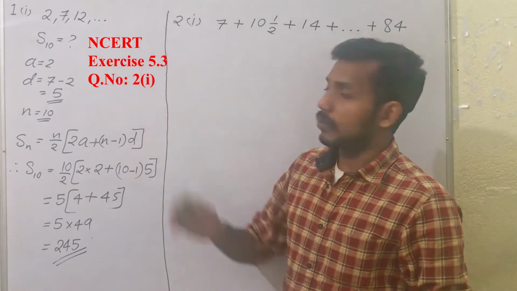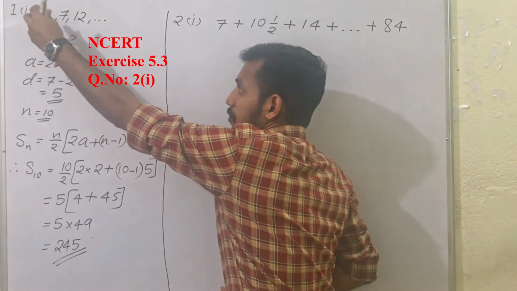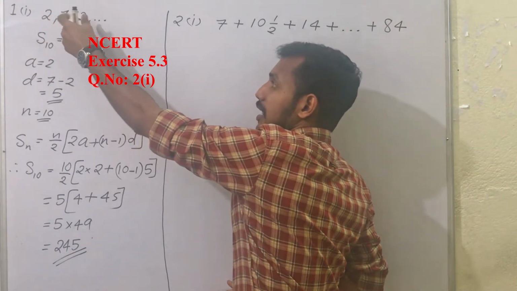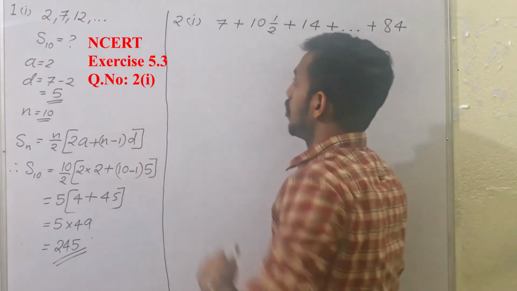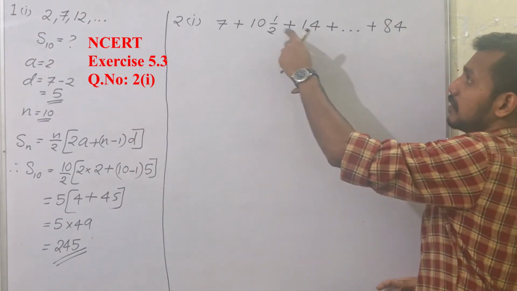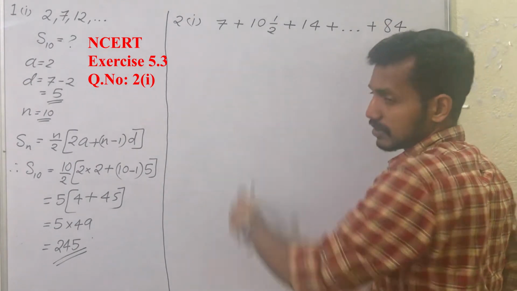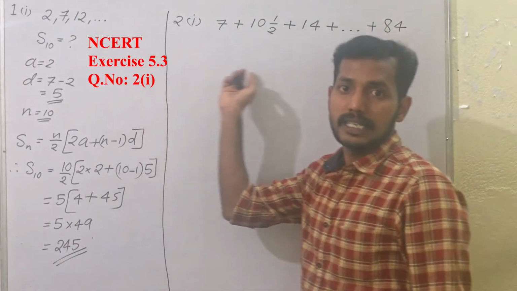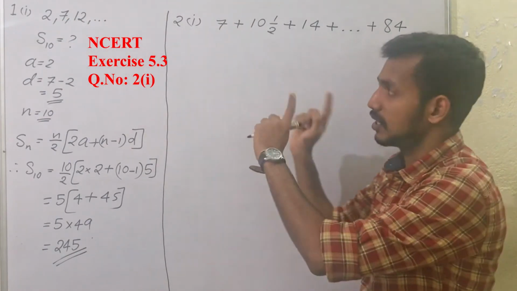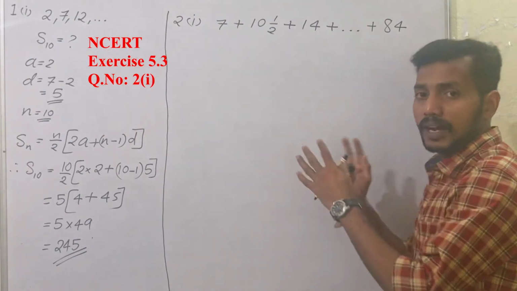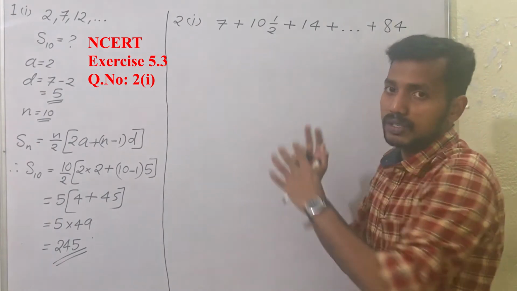Second question, option number 1. Find the sum of this series. This is a list of numbers which are simply arranged in a particular order, so this is a sequence. While when we write it as a sum of these numbers, it is actually a series. That is the difference between a sequence and a series. So whenever we find the sum of the numbers of an AP, it becomes a series.